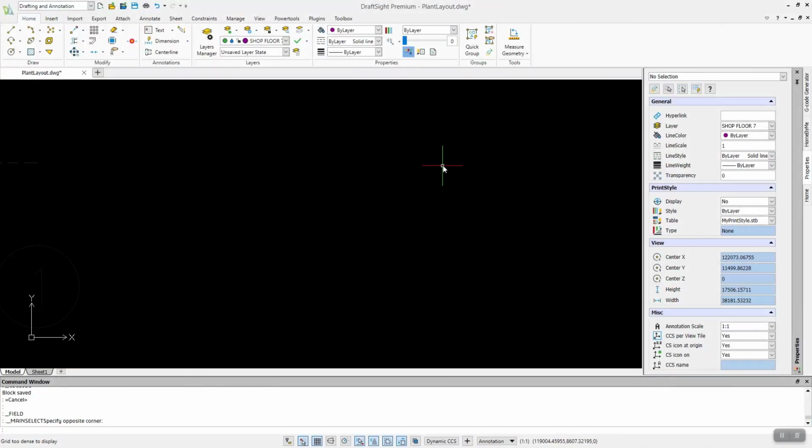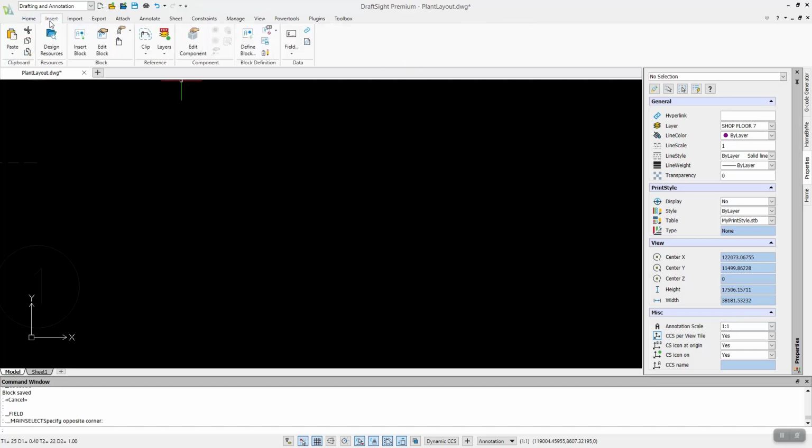In DraftSite, you can add fields to annotations, block attributes, table cells, and more. Fields allow you to visualize and update certain properties such as modification date, drawing name, author, and much more. For example, if I go to the Insert tab all the way over to Data and Field, I have a